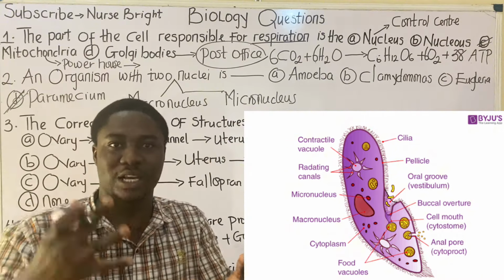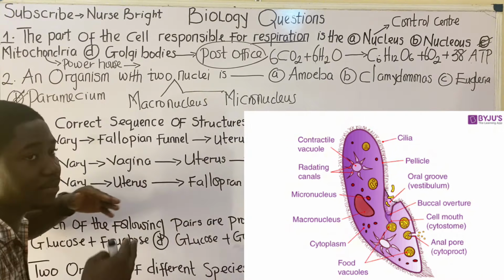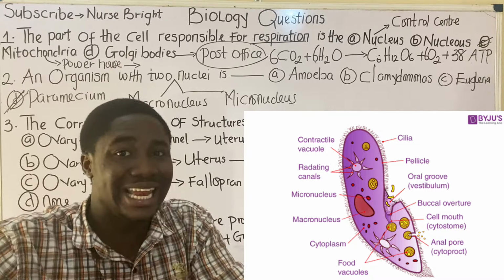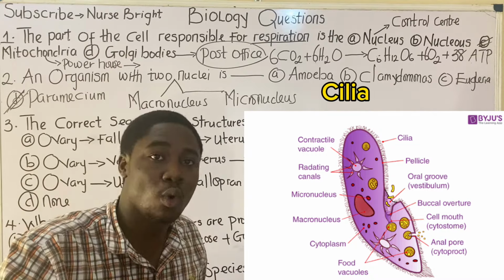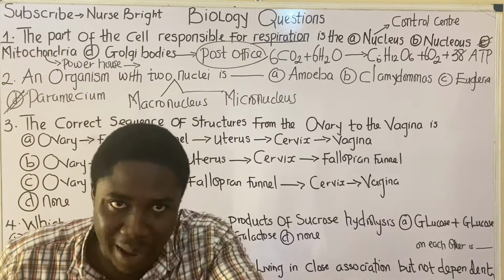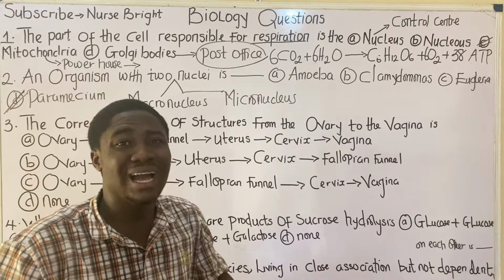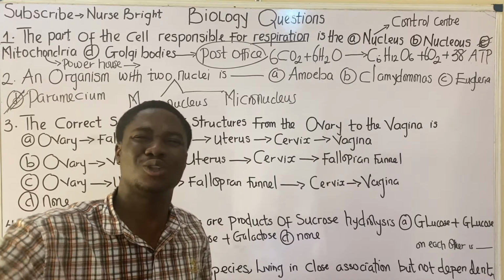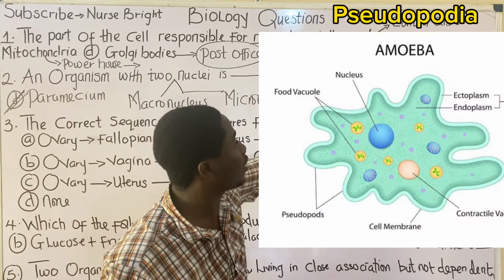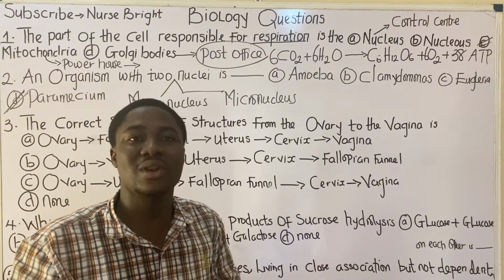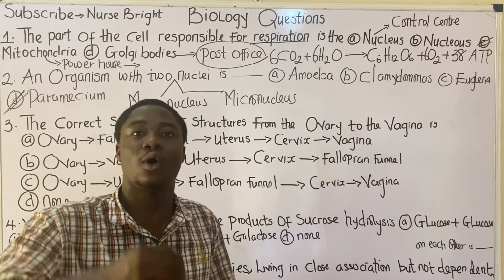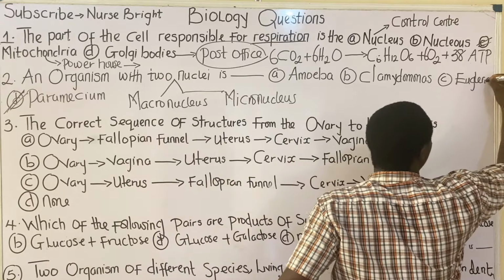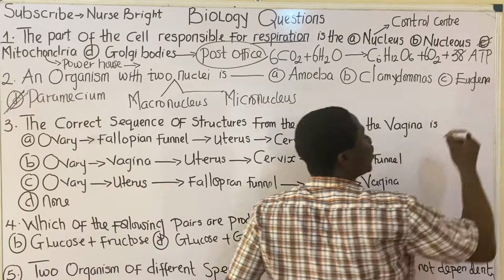Paramecium has a slipper shape, and Paramecium as an organism locomotes with the aid of an organelle called cilia. That is what Paramecium uses for movement. Now, amoeba can also move as well. Amoeba moves with the aid of an organelle called pseudopodia, whereas Chlamydomonas moves with the aid of an organelle called flagella. And Euglena also moves with the aid of an organelle called